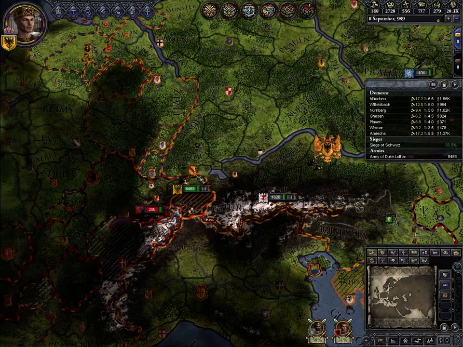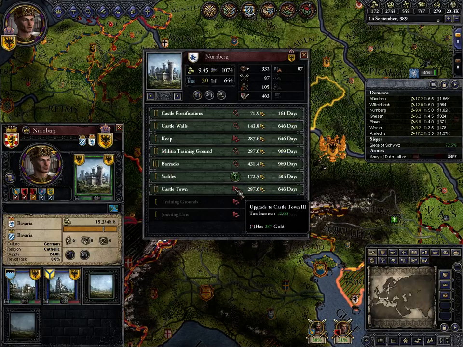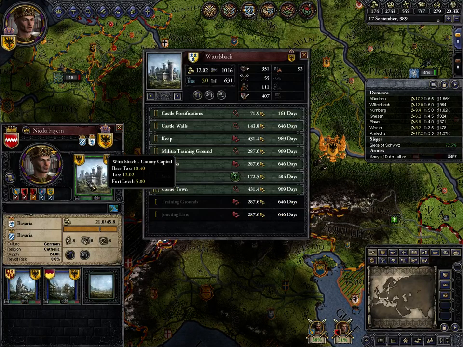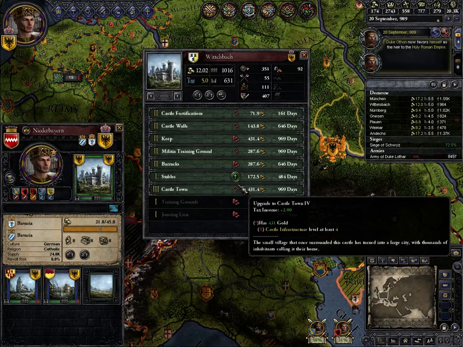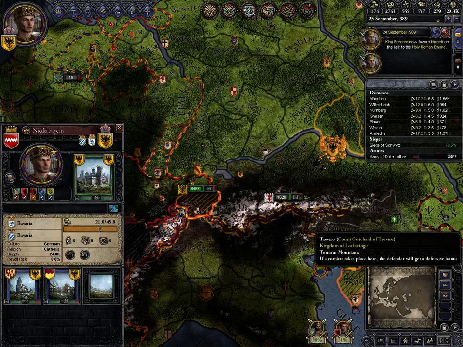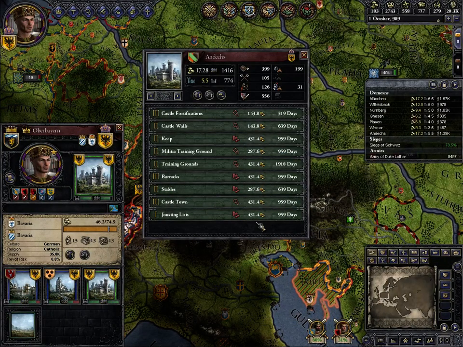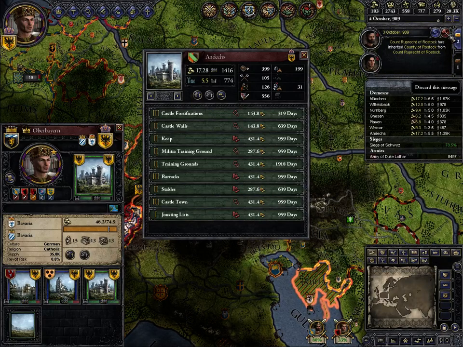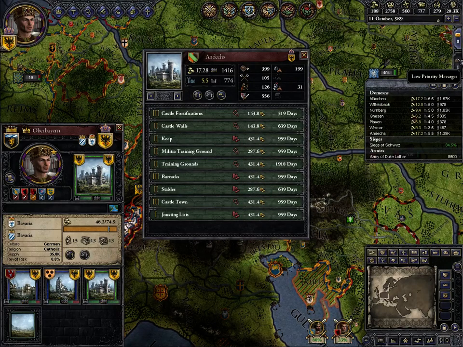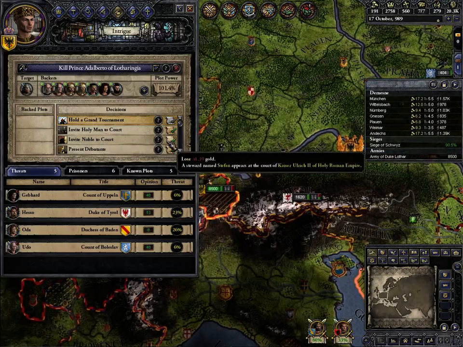Good, we're making a lot of money. What's our next purchase order? Maybe something in Nuremberg. Castle town improvement in Nuremberg, perhaps? Maybe. We can't improve the castle town in Wittelsbach anymore. Jesus, come on. Stop giving me vote changes. We could improve something in Andex, like the keep, though that'd be a way off, wouldn't it? I think we're going to have factions just vanishing all over the place. I think when we're done with these wars...